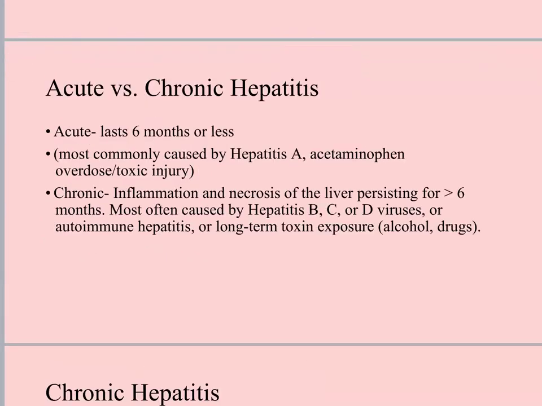We can have acute or chronic hepatitis. Acute means it lasts 6 months or less, and that is usually caused by hepatitis A or a toxic injury such as an acetaminophen overdose. I think there's been a little bit of attention given to Tylenol, and of course, acetaminophen is something that people can try to